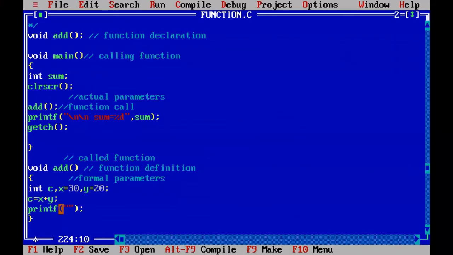Double quotation, new line, sum equal to percentile d, comma c. Why are you printing here only? Because you are not able to return the result to the calling function.